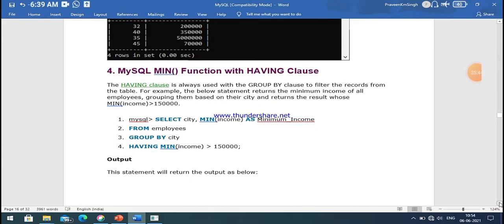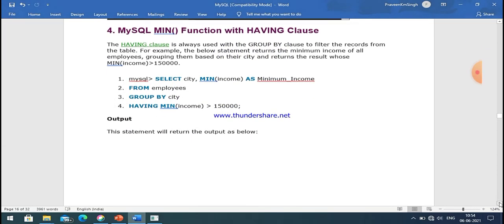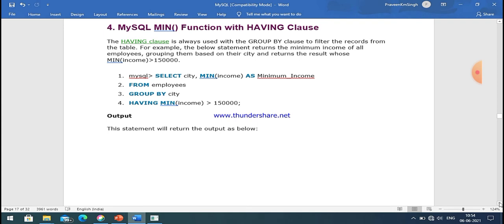You can easily see the syntax here. Suppose you want to make a group on the basis of city, and the condition is that minimum income should be greater than 1,50,000, then you can just write having min income greater than 1,50,000.